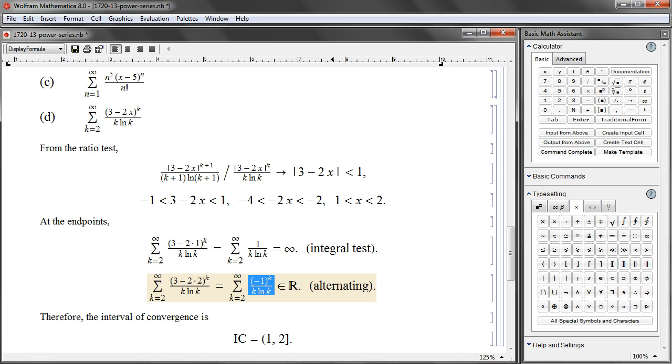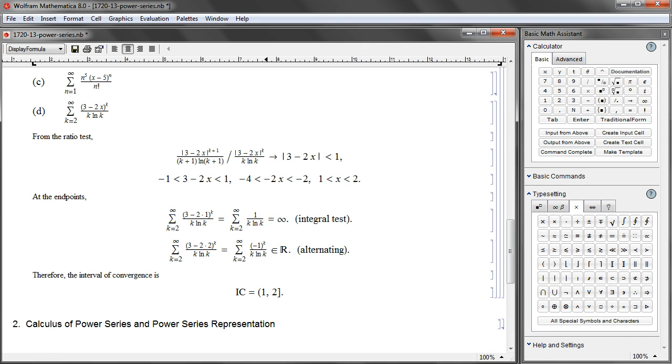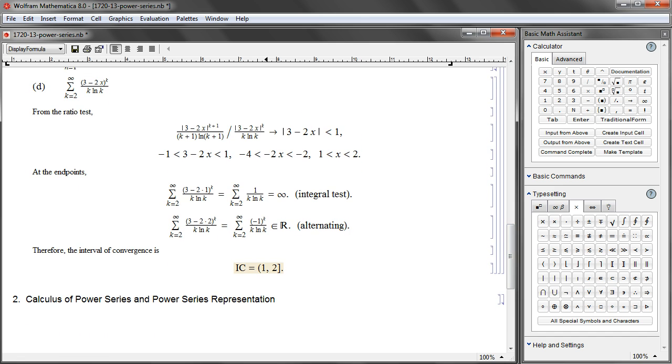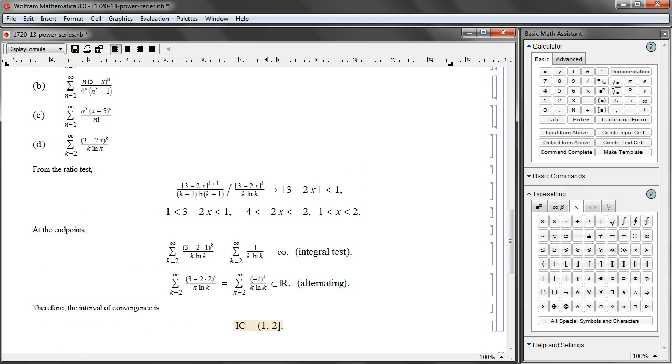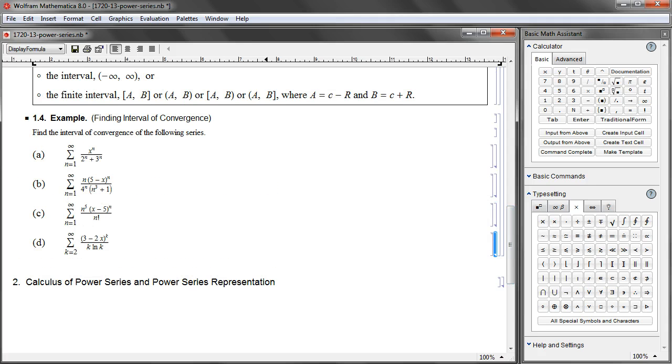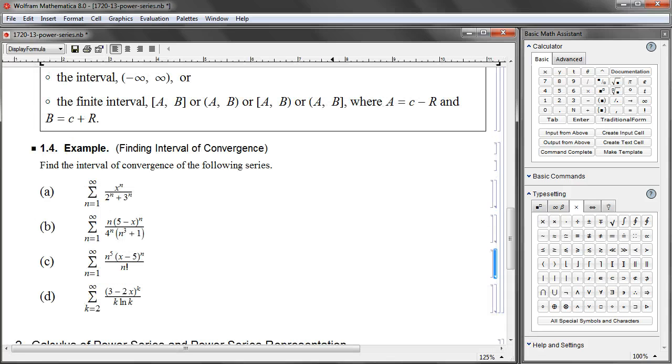We have convergence because this is an alternating series whose absolute value decreases to 0. So what we have in the end is a half open, half closed interval 1, 2, where 1 is not included and 2 is included. Well, we have, I think, just enough time to finish C or get close to it. Let's go ahead and do that. We have a factorial here that's going to cause a bit of a problem, but nothing